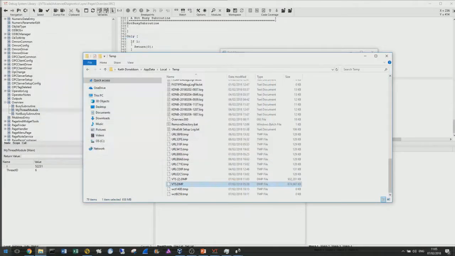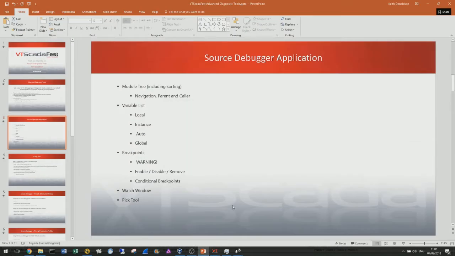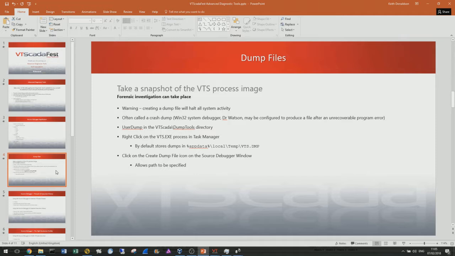Okay, that covers that. Let's have a look and see. Dump files there. So I've warned you, it's often called a crash dump. It was just because of Dr. Watson's there. User dump, right-clicking on the VTS process in Task Manager, or creating the dump file from the source. So,